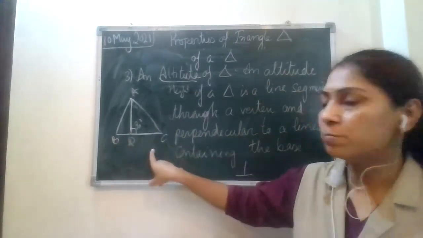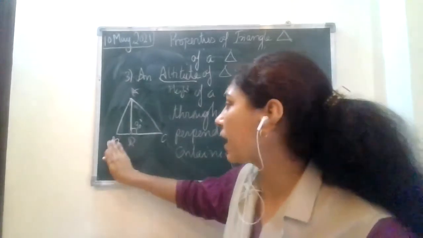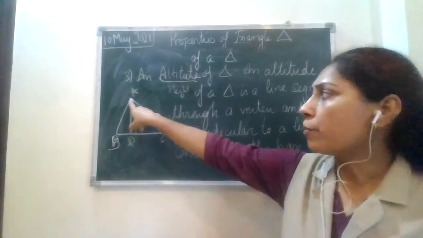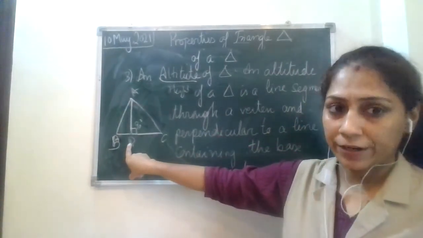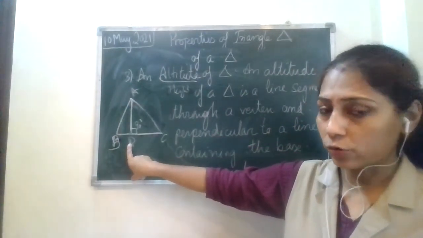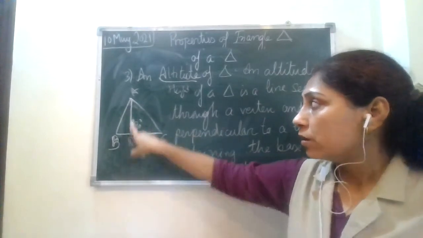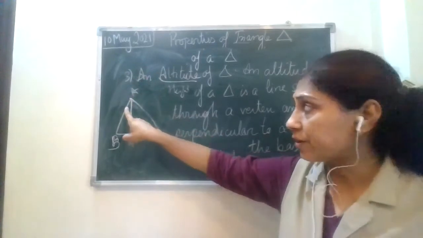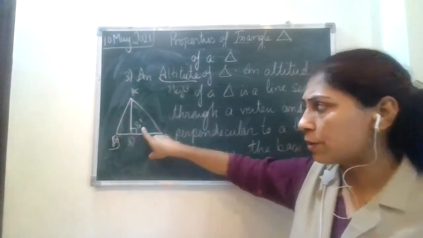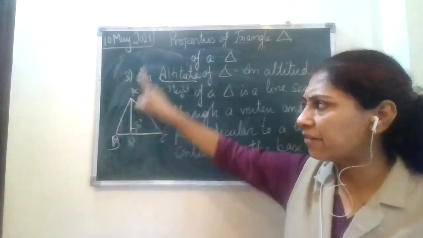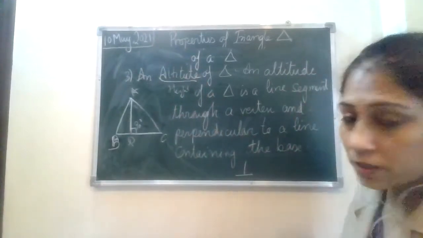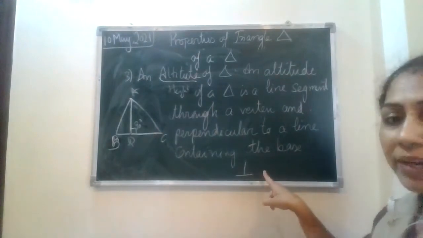Here I've taken base BC. Base BC, I can write this properly. From A, I draw the perpendicular over here. And you also know how to draw the perpendicular. If I want to draw the perpendicular from A with a construction, I will keep the compass over here. I will do the marking over here. I will get 2 points, then I will join it. It will get 90 degrees, simple, right? If you recall those videos. Now, the sign of perpendicular is this.